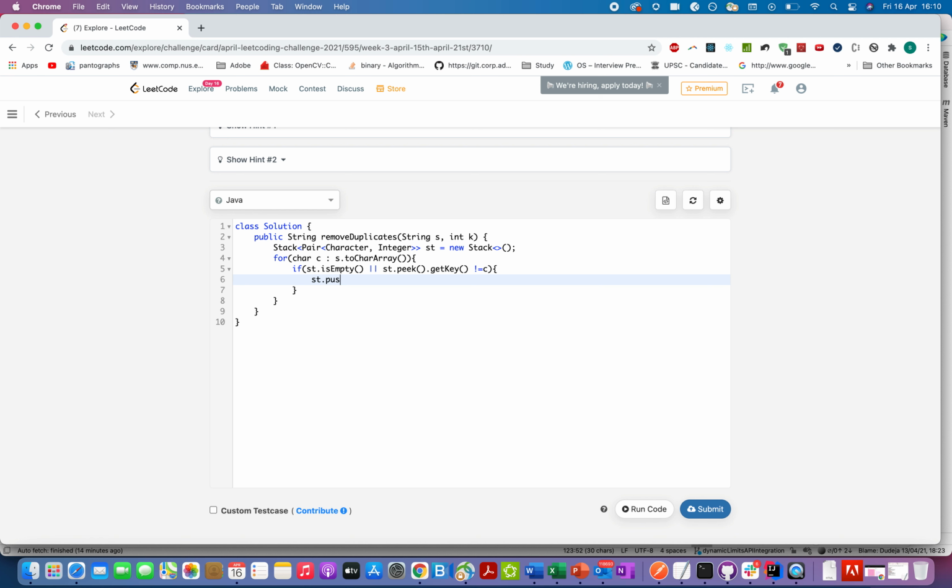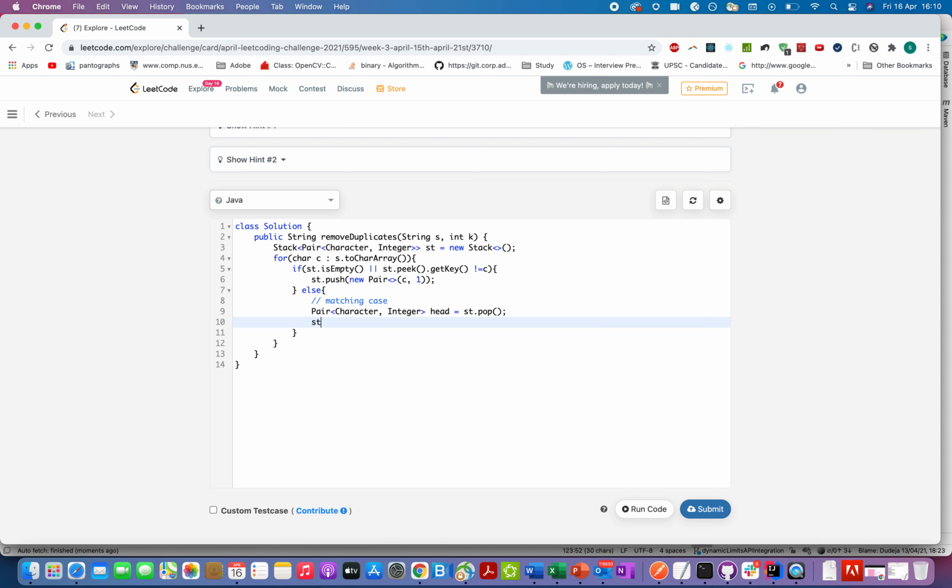What we are going to do, we'll push a new entry onto the top of the stack, a new pair, and the pair key would be c and the frequency would be 1. Pretty straightforward. Otherwise it's a matching case. So what we are going to do, we'll pull out the topmost element of the stack, and we will update the frequency of the current element.